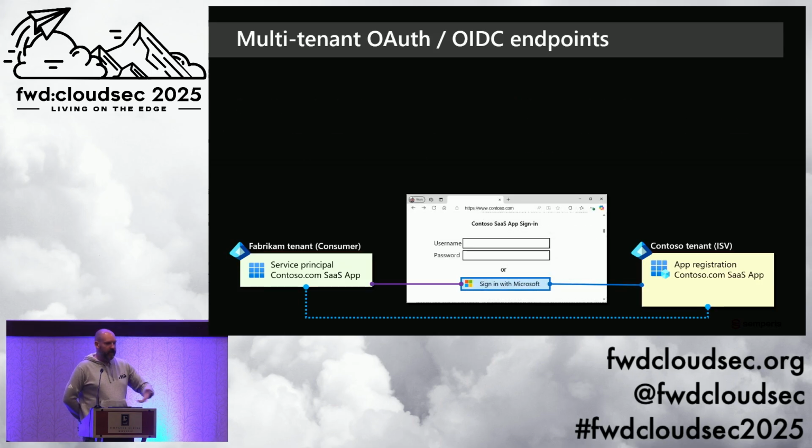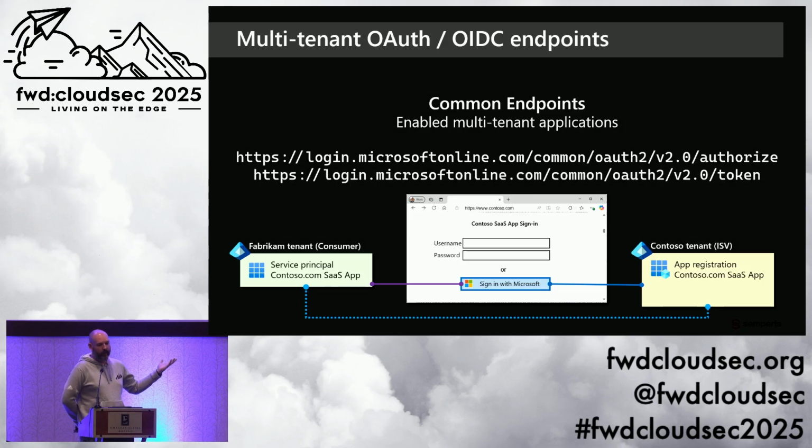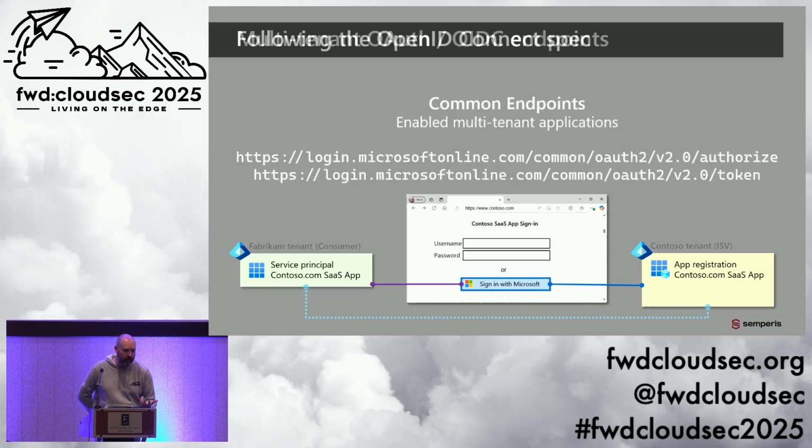Going back to our application, this is how these things tie together to that button. Microsoft has a common endpoint system that supports multi-tenant authentication across all Entra tenants, which is why attacks like this wouldn't happen against something like Okta. We have common endpoints that enable multi-tenant apps, and there's an authorization endpoint and token endpoints used for different things, and we're not going to get into that. But it's important to point out that the common endpoint is what really enables this. Microsoft has sort of engineered themselves into this corner when we talk about no-auth.